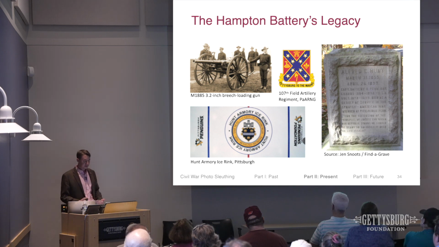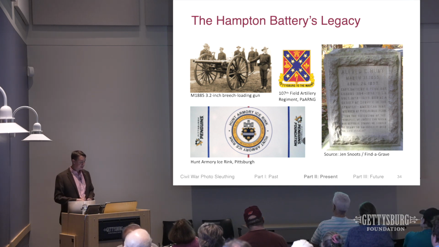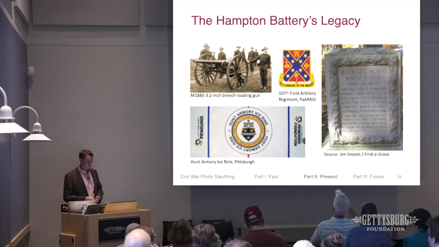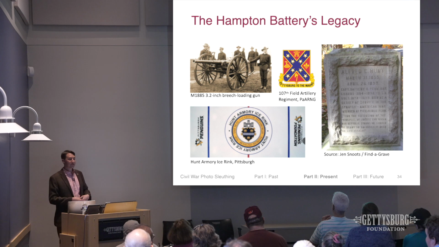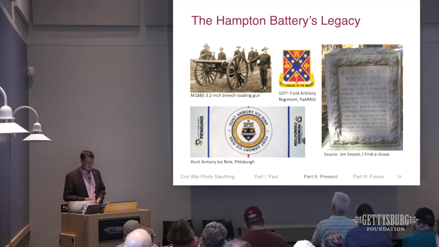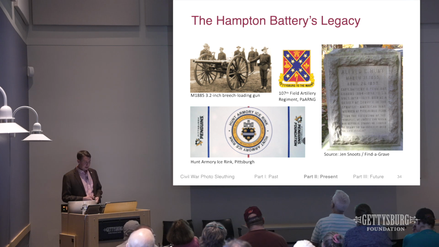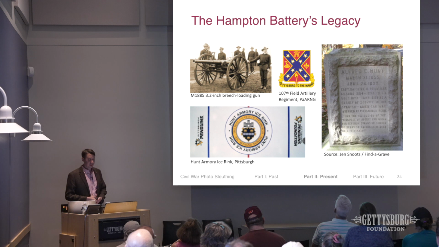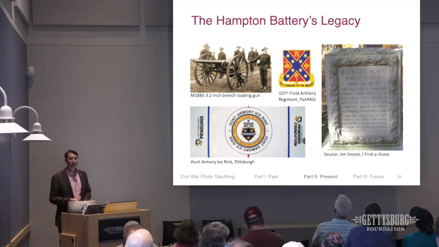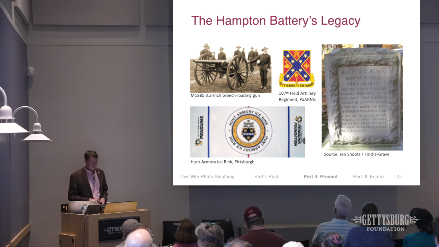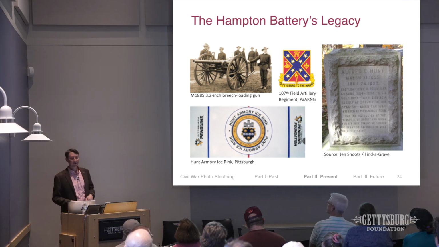There's a philanthropic foundation named after him. There was an armory in Shadyside in Pittsburgh named after him. It's still there, but as of this year, it's now an ice rink. So people get to see his name every day as they go skating. And the battery is now the 107th U.S. Field Artillery, which is part of the Pennsylvania National Guard. And you can see from their unit insignia that their motto is Gettysburg to the Marne, which I think is